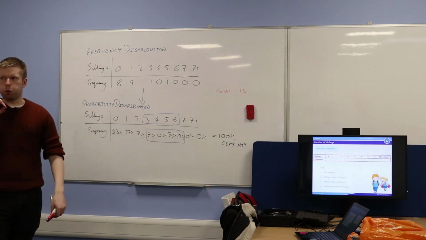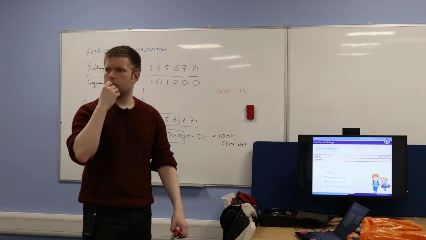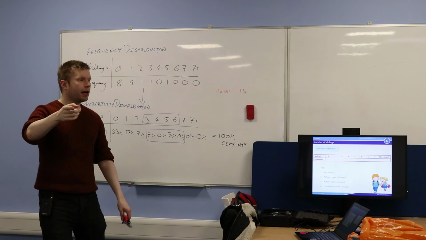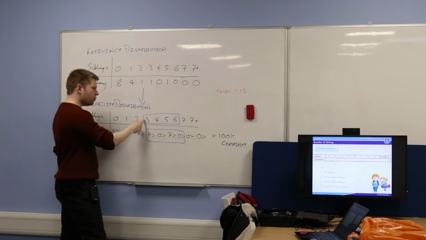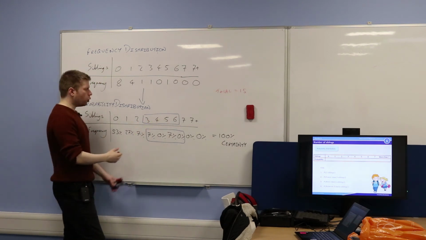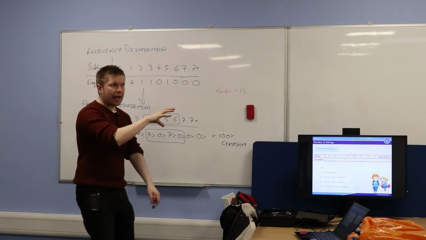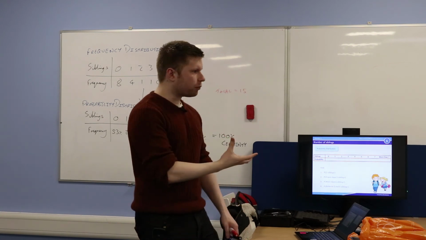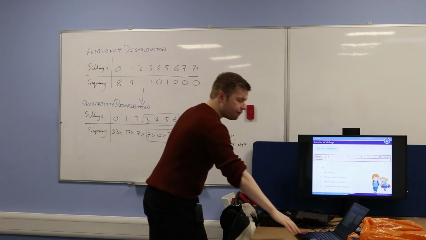I agree. But why is this question confusing? Why is this question ambiguous? It means it's open to interpretation. Exactly, yeah? All I've said to you, and I'm using language here, is between 3 and 6. So does that mean we include the 3? Does that mean we include the 6? Or is it, strictly speaking, just between 3 and 6, not including those, so just 4 or 5? Does that make sense? Yeah? So actually, when we start using language with probability, it gets confusing. But that's okay, because we're mathematicians. We can write this much, much clearer using notation. So have a look at the screen for me.